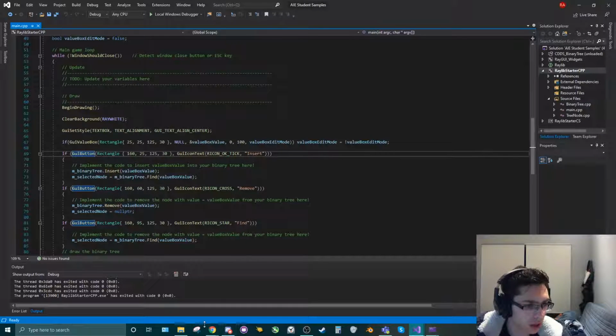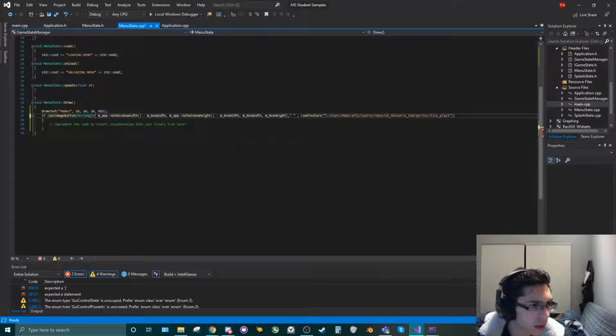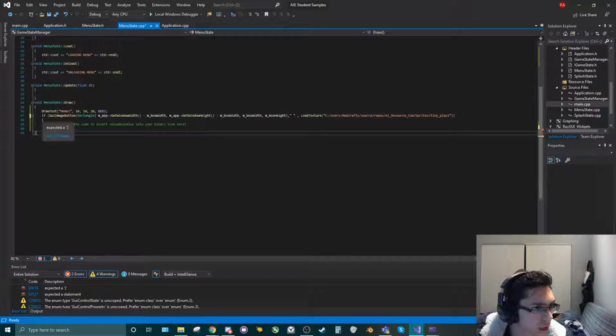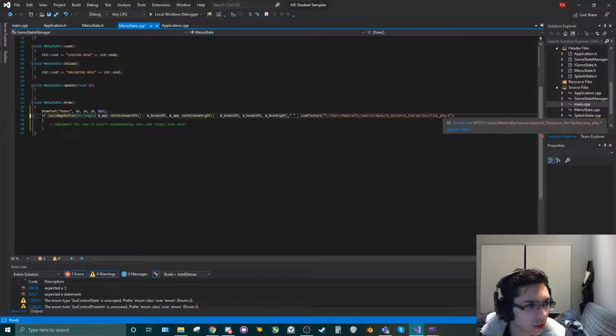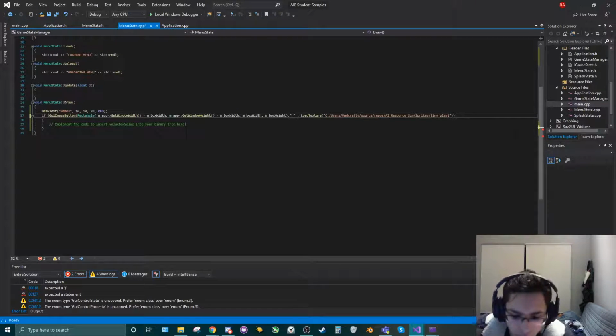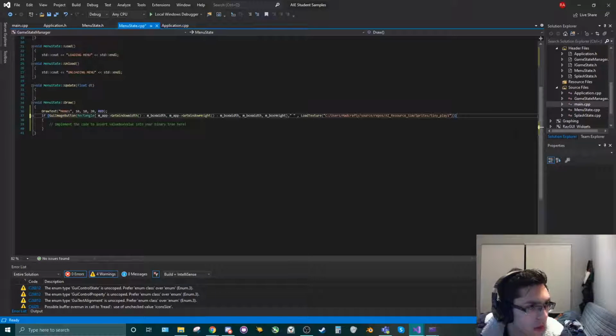Okay, just double checking that I did almost everything all right. And what is it complaining about? Saying I need a bracket somewhere. So this whole bit is my rectangle. Then this is my const char. And then this is my texture 2D with the thing. Oh, that's the Gui button. Okay, so it actually does need one more there. Okay, awesome. Now that that's fixed,